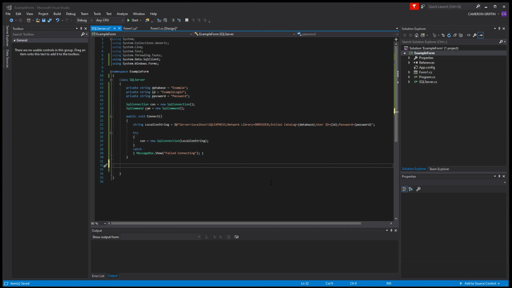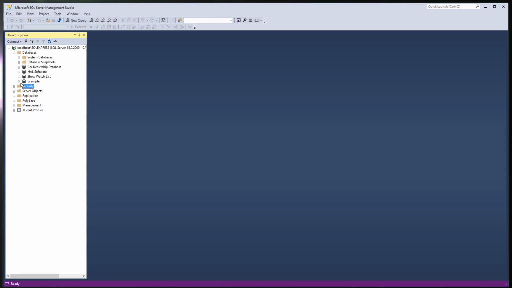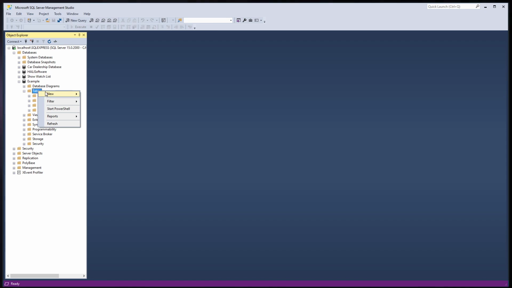Now we have our connection set up, we can now look at making a table for the database. So now you can go back to your database, and again you can do this through an SQL command line, but it's easier to do it through the database itself. So now if we expand the database, and I'm using the example database here, and go into tables, you can see at the moment there isn't any tables here. However, if we right click tables and make a new table,